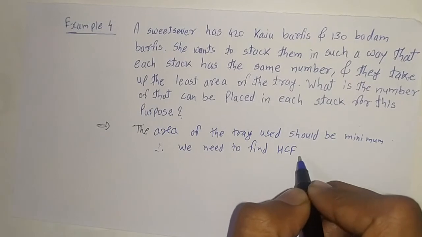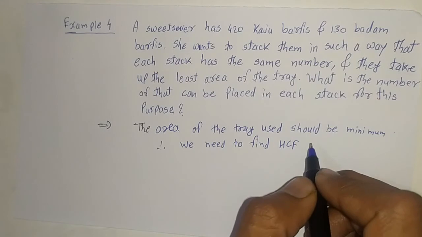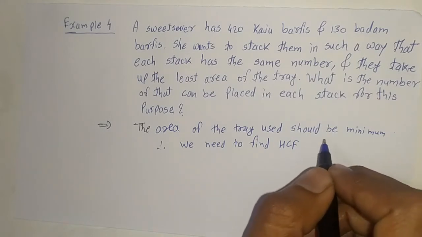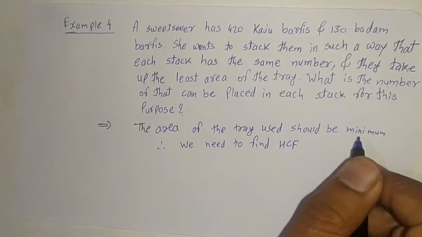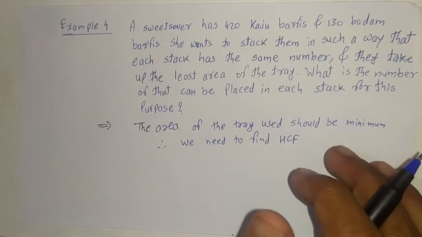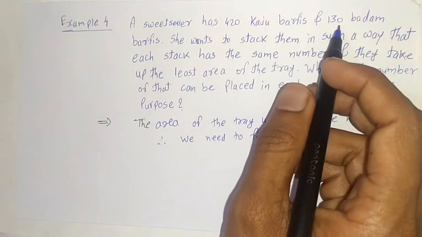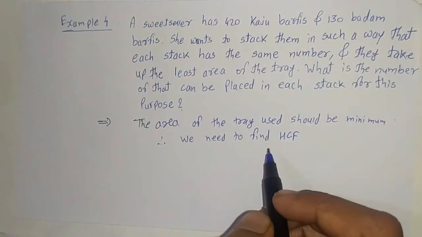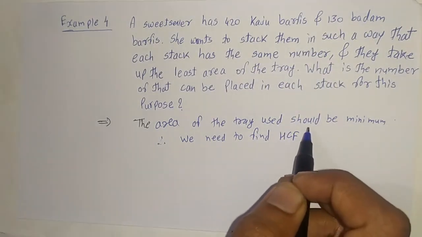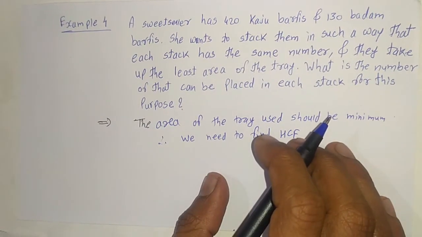HCF. Why? Because once you place the maximum number of burfis in each stack, then it has to be the HCF only. Then only the area occupied will be minimum or least. So what is asked here is, you have to find HCF. So how to find HCF of 420 and 130? You will get the maximum number of burfis that can be put in each stack so that the area occupied will be minimum. So you can apply the Euclid's division lemma